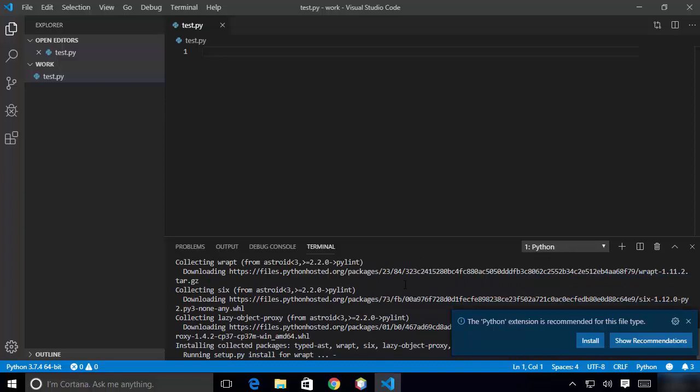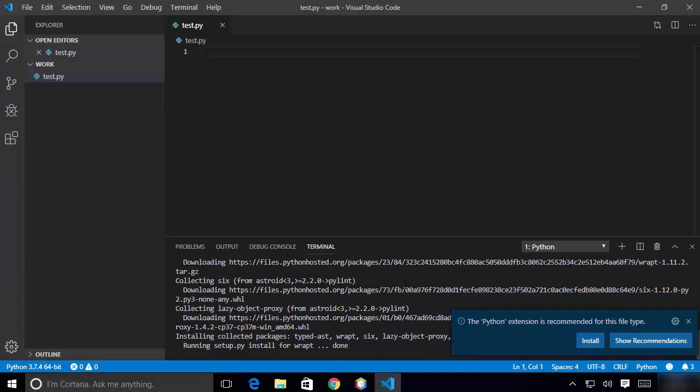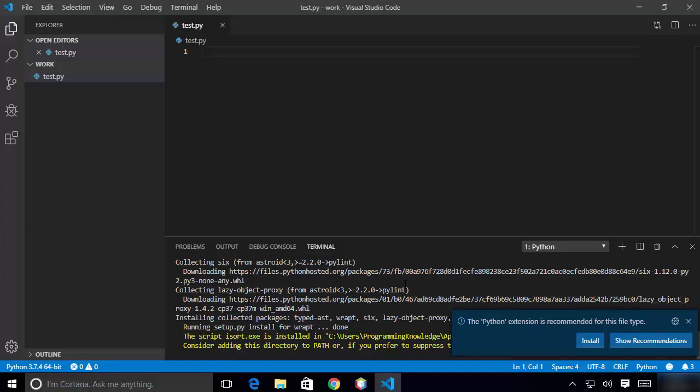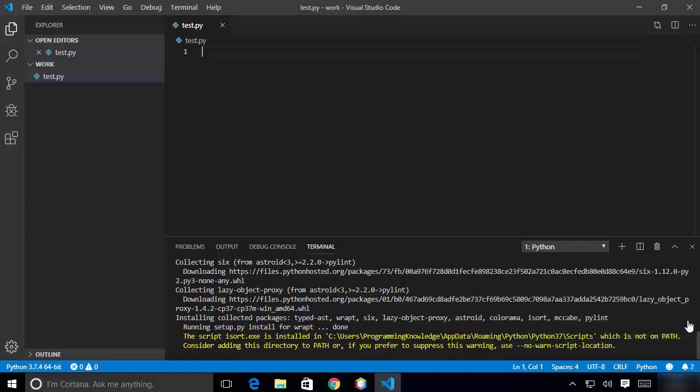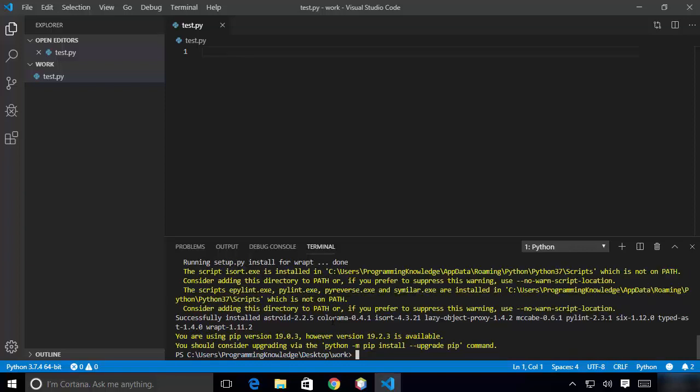You can just write pip install pylint, and this procedure is the same as what Visual Studio Code is doing for us, right? I'm going to just close this recommendation because we have already installed the Python extension for Visual Studio Code. And now you can see that the pylint extension is also installed.